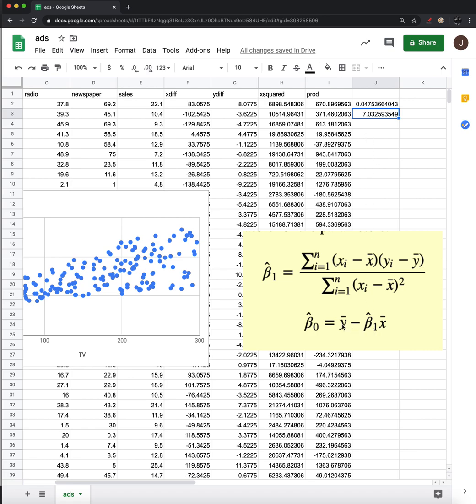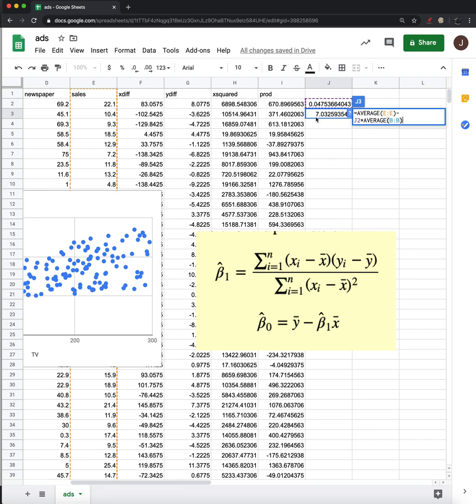And then we put those together: the average of y, the average of x, and what we just found for beta 1. And that is our intercept term, right? The average from E, which was the y values. Beta 1 is what we just figured out. X bar is the average from TV. All right, and then we get back